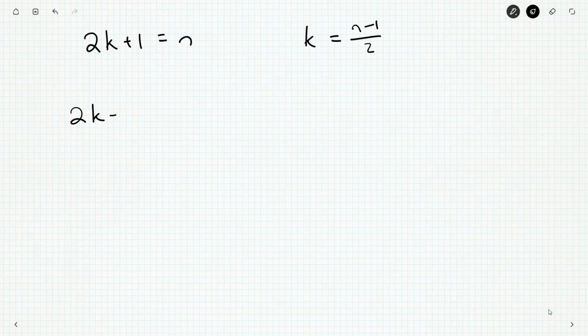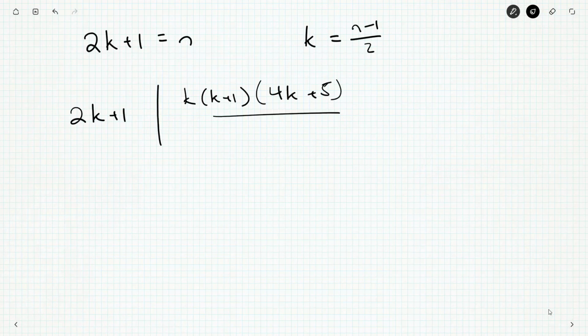And so 2k plus 1 has to divide k times k plus 1. I'll stick the 4k back in just for good measure, because I can't remember specifically what I had on the previous page. But that's the same as saying (n minus 1) over 2, (n plus 1) over 2,